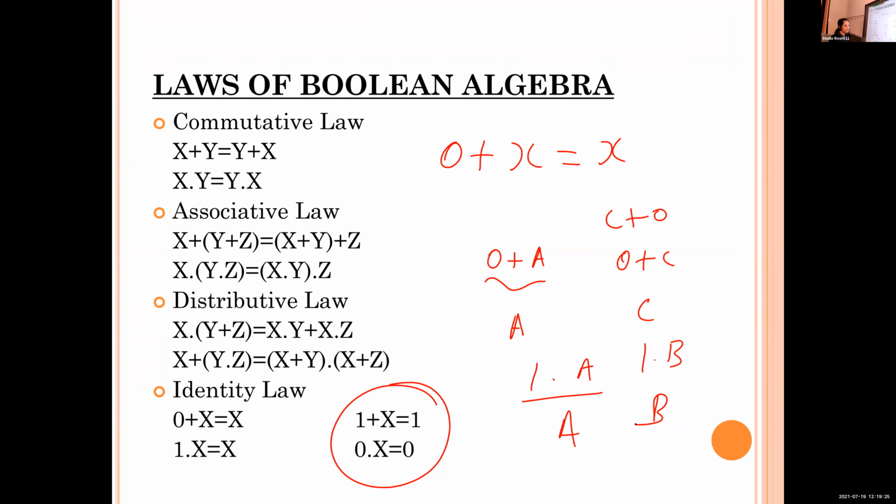1 into C, the result is C. If we multiply a Boolean variable with 1, the result is that variable itself. That is 1 into X is equal to X. This X is not important; we can give any name here: A, B, C, X, Z, any variable name. If it is 1 into Y, the result is Y. 1 into Z is Z, just like that. So in your simplification of a Boolean expression, if one term is like 1 into Y, instead of 1 into Y we can write Y. For that purpose, we are using these laws, mainly the 0 plus identity laws.